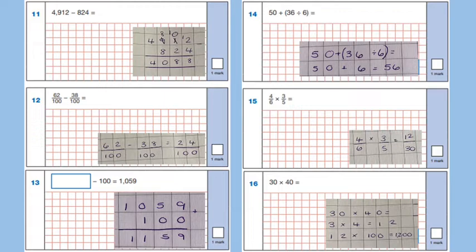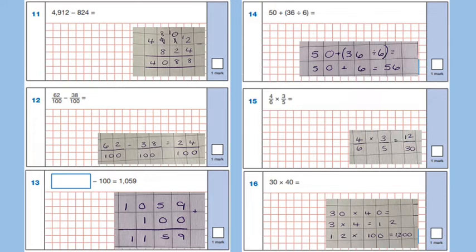We have then got a missing number question. So for this one, you're using the inverse operation. You know the answer, and what you're trying to do is find a number that is 100 greater than your answer, because you are subtracting 100 from it to get 1059. So to do it the opposite way around, you would add it on. You wouldn't need to use a method for that one. It would just give you the answer